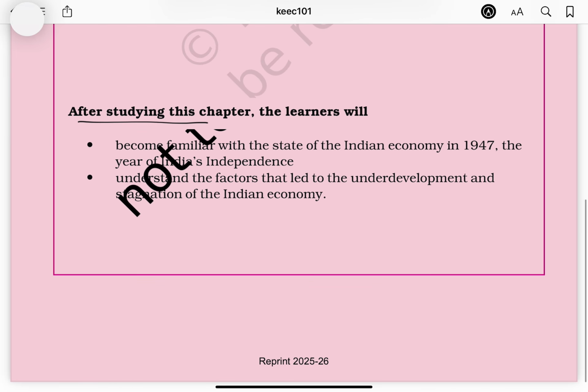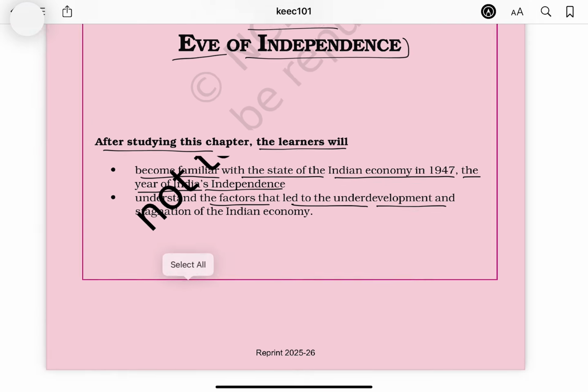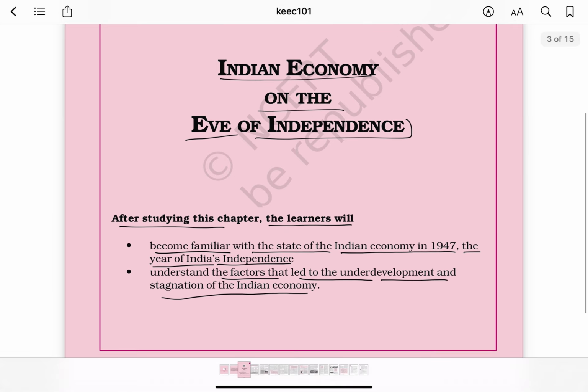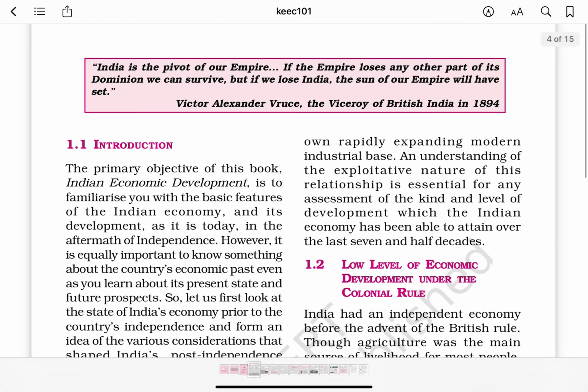After studying this chapter, the learners will become familiar with the state of the Indian economy in 1947, the year of India's independence, and understand the factors that lead to the underdevelopment and stagnation of the Indian economy. ये सब हम सीखेंगे, इसको पढ़ने के बाद देख लेंगे सीख पाएंगे नहीं सीख पाएंगे।